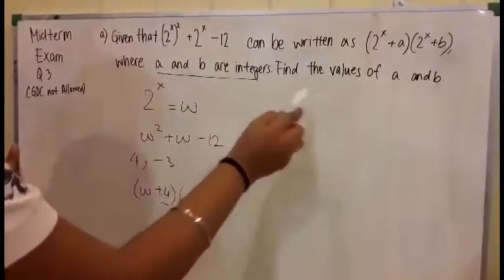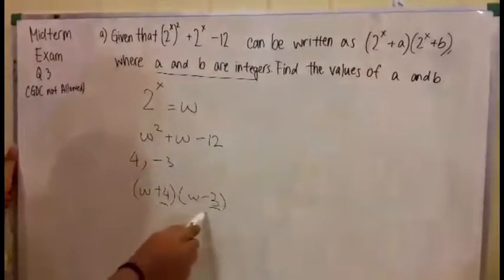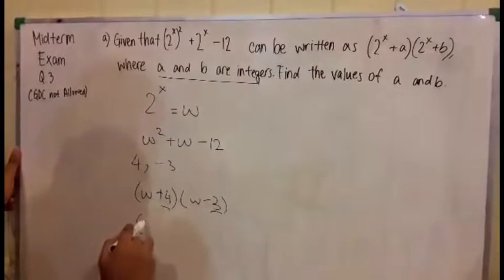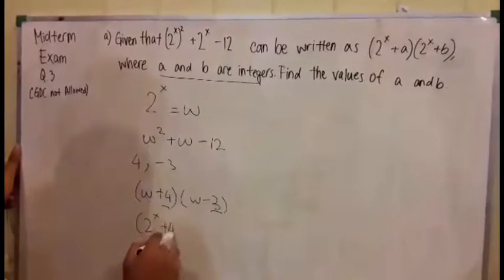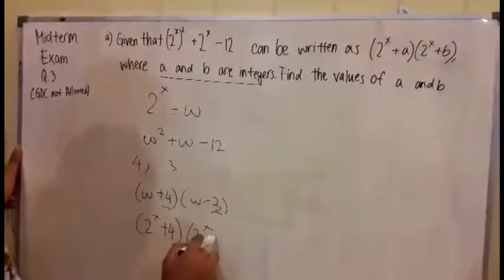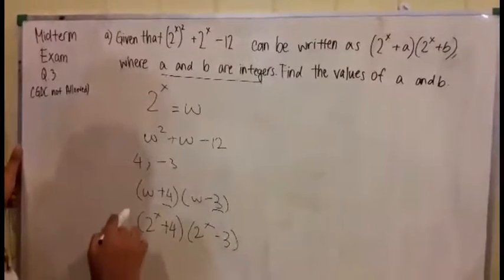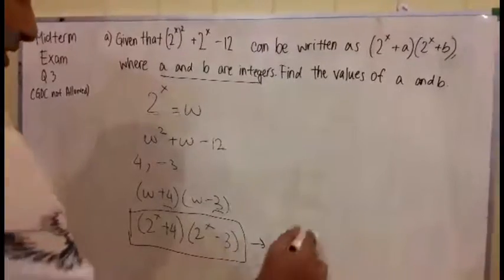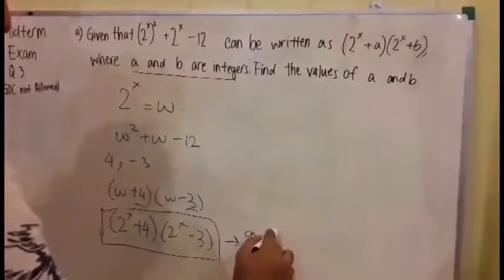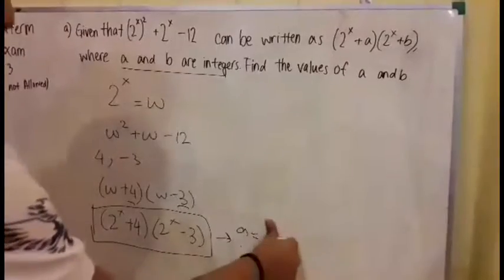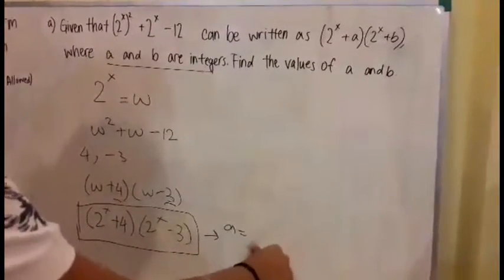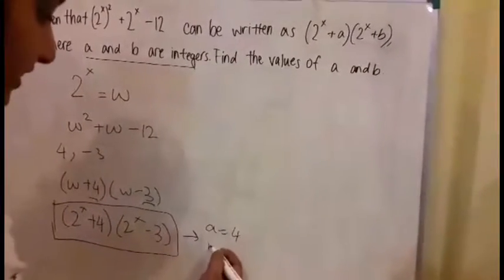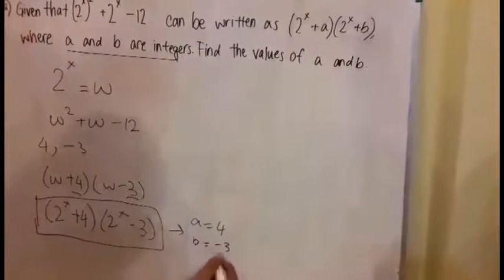a and b are integers, we can substitute the w back to the 2 to the power of x, which will give us (2^x + 4)(2^x - 3), and this is the equation. So a is 4, so a will equal 4 while b is equal to negative 3, and this is the